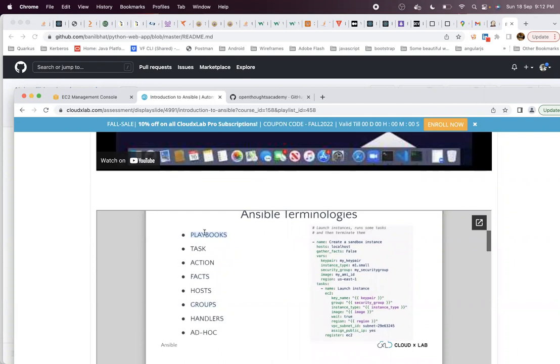Okay, playbook. Let's come to playbook. Basically, a playbook in Ansible is nothing but a scripted file. It's basically a YML file. I hope you know what a YML file is. Depending upon the scope of the project, it can be a complicated YML file or a simple YML file. At the end of the day, a playbook is a YML file. Playbooks are used to execute a particular deployment script in Ansible,